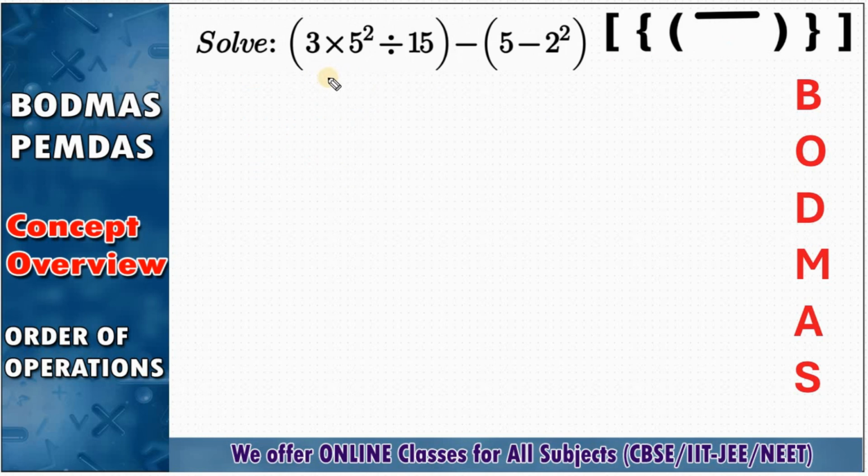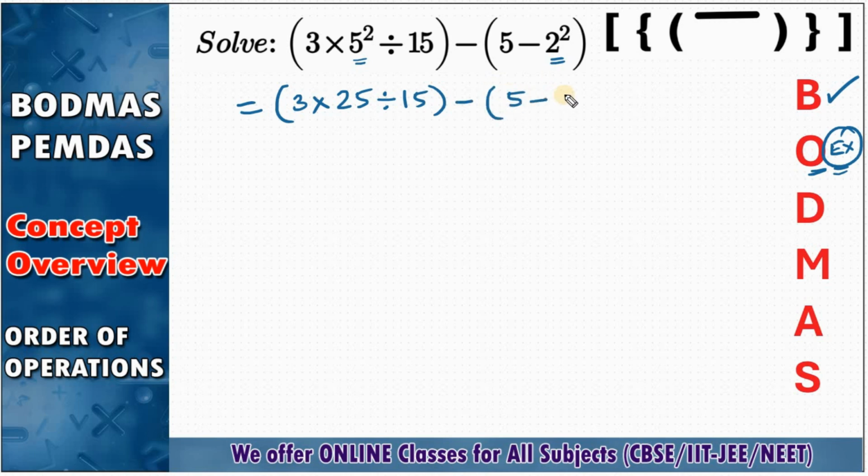I have brought one more example. Look into this example. There are two brackets here. We have to simplify according to the BODMAS rule, and then inside we have to solve if any exponents are there. So let's solve the exponent thing here. So that is equal to bracket of 3 times of, we need to simplify 5 square and 2 square. So 5 square is 25 and then divided by 15 as it is, and then minus bracket of 5 minus 2 square is 4. So in two brackets I have simplified the exponents,